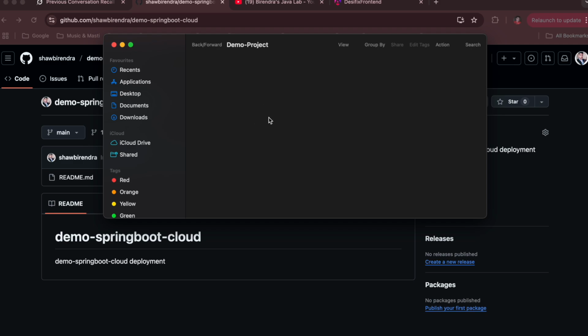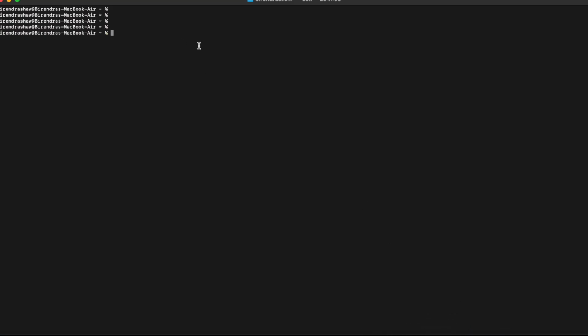So what we'll do first is git init, just to make sure this normal folder becomes our git repository. To do so, just open your terminal. This is my terminal. I will go to desktop first and then into my demo project.